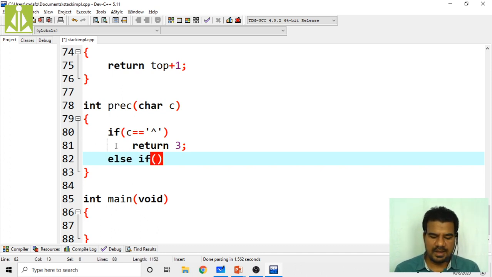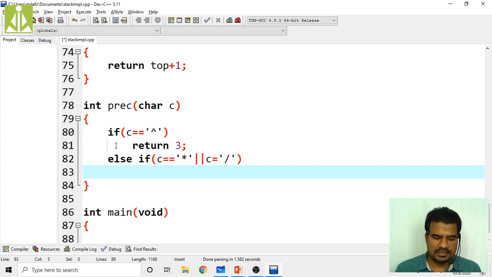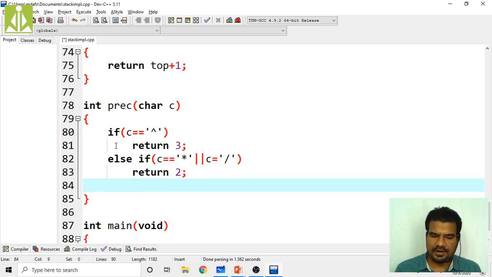Else if my C is equal to multiplication, or if C is equal to division, if it is any of these two, then return 2.